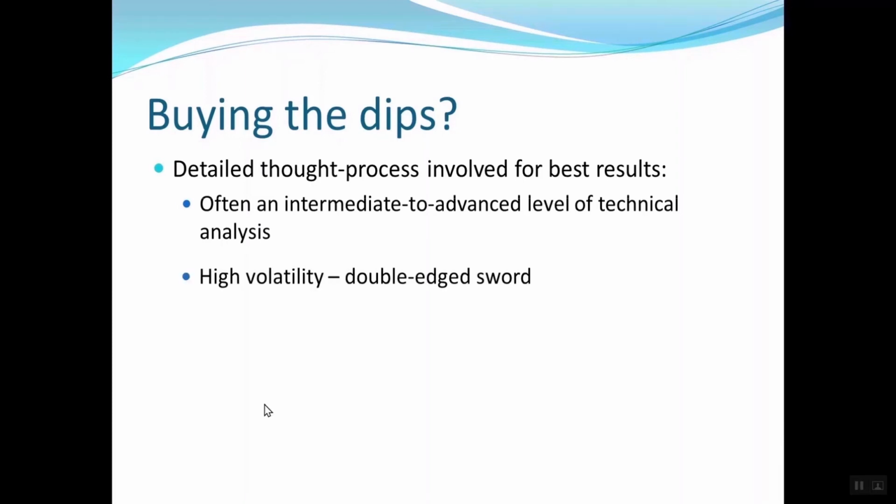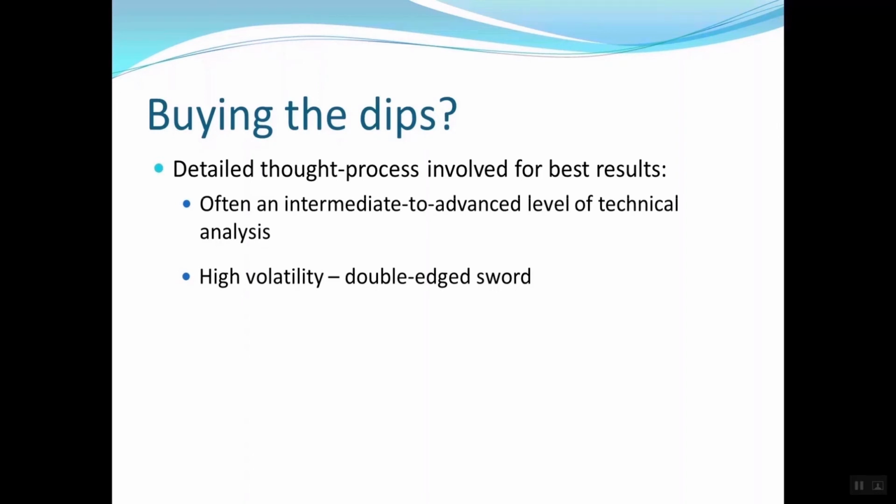The next point here, where it says high volatility double-edged sword, this would pertain more to trading. Now, the point I'm making here is, with the extreme volatility, if you see a price collapsing rapidly and you think it's going to bottom out, you then decide to buy, but then the price continues to drop. You start to panic and then you don't make sensible decisions. The important thing here is you need to know what you're doing and remain calm and ensure that you're making rational decisions.